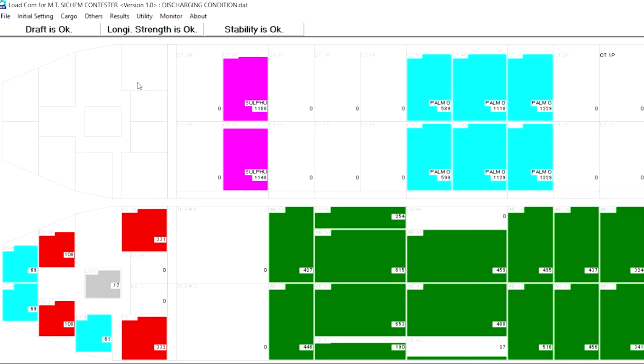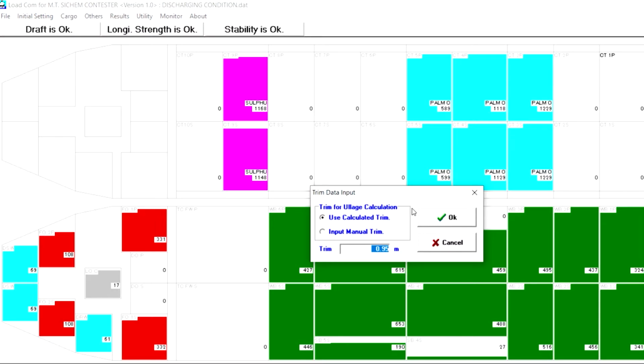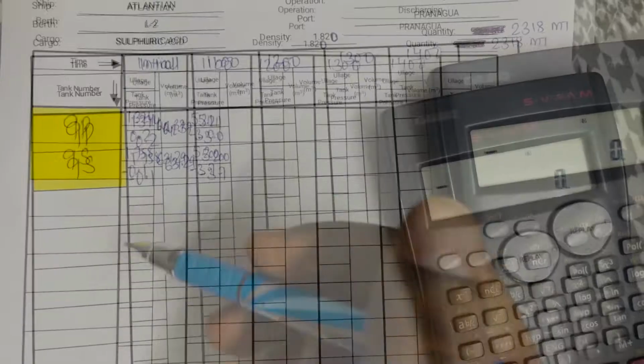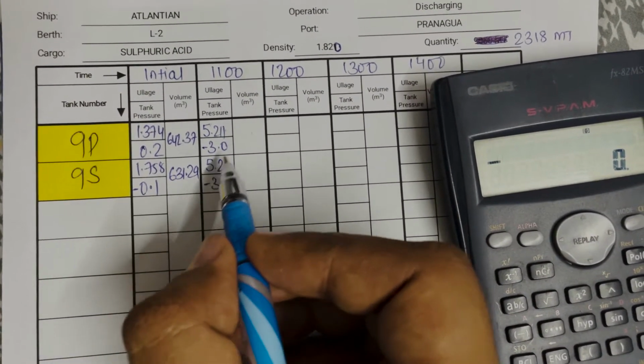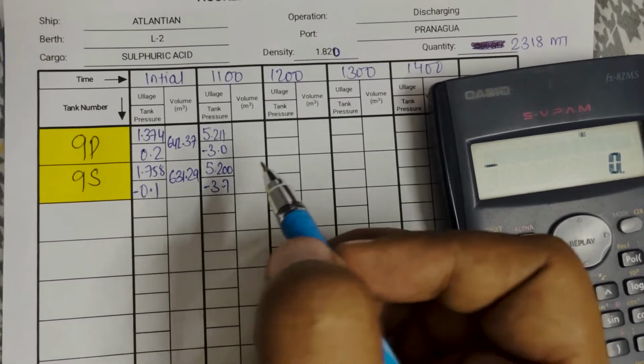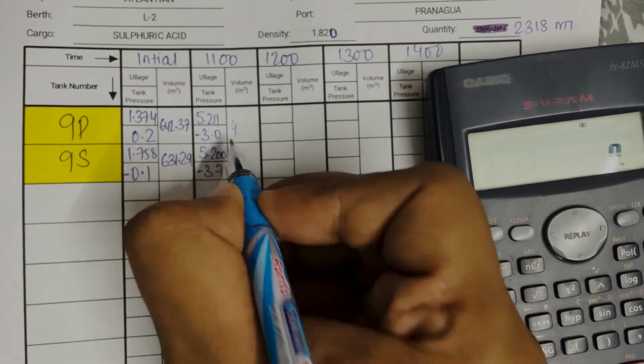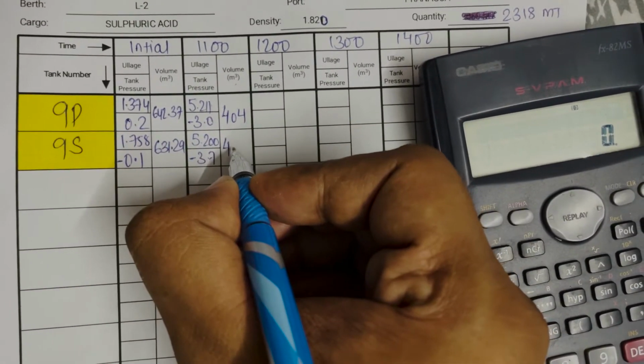So what I will do is go to the cargo tank data table. Here I will manually write down my ullages, 5.211, and then for 9 starboard I will write down 5.200. So I've written down both the ullages, and now here are the cubics, 403.528, 412.89. As I've told earlier, we do not need to write this decimal value, we can round off the cubics or metric ton and write them after rounding them off. So here I will write the rounded off value, which is 404 cubics, 413 cubics.